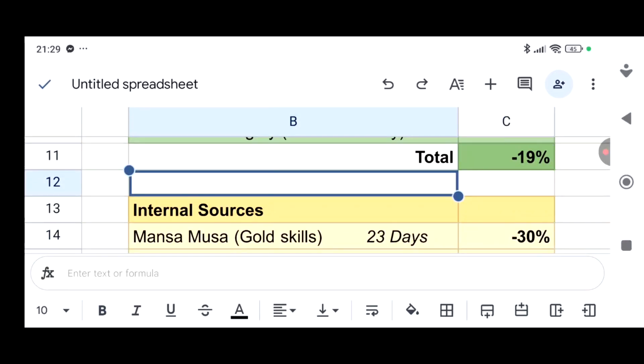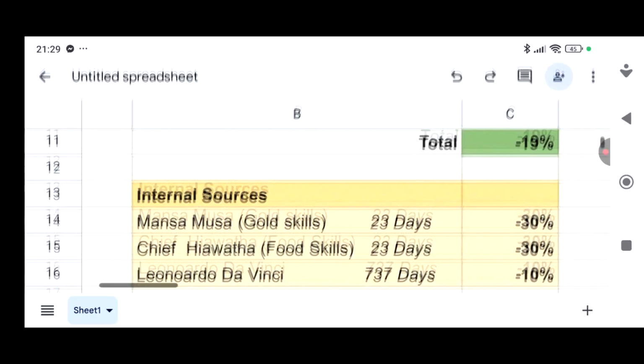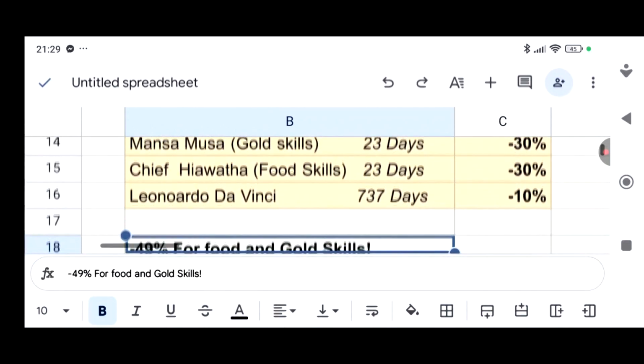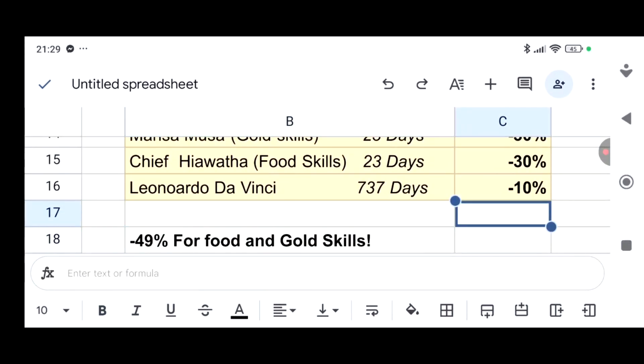So if we now come out of whatever I've done here, there we go, and scroll down, we can basically now get minus,